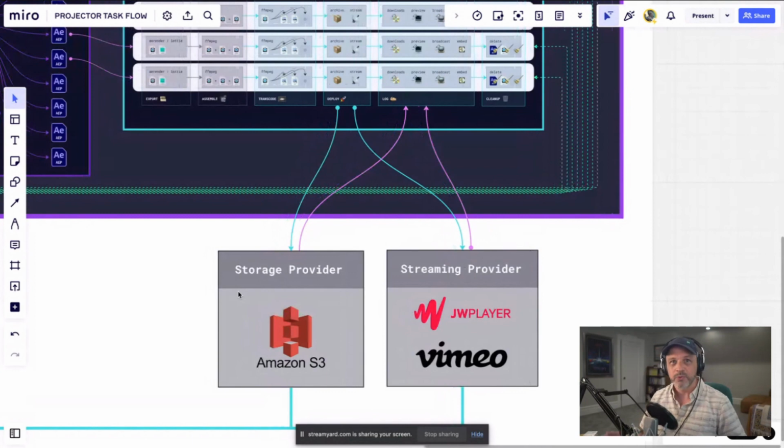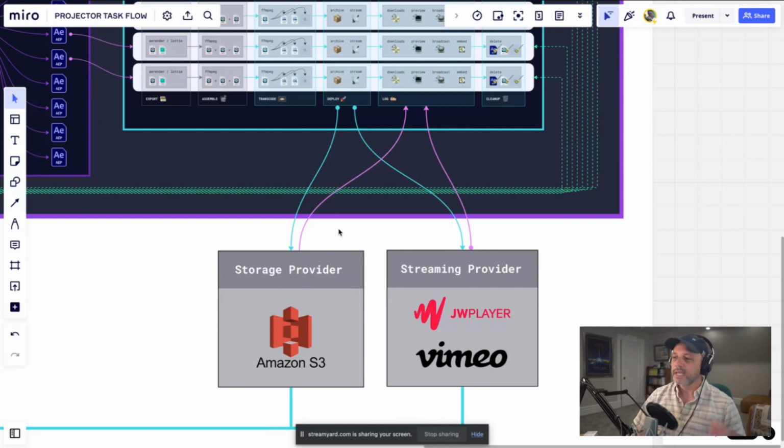So new or separate archival platforms will be supported in the future, but for now, S3 is what we're launching the beta with. This means that you would basically have to have your own AWS account and set up an S3 bucket, and then inside of the Projector app, you configure it so that it knows where to place the asset when it deploys.